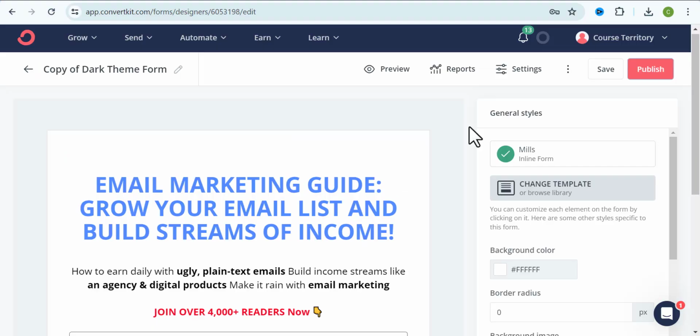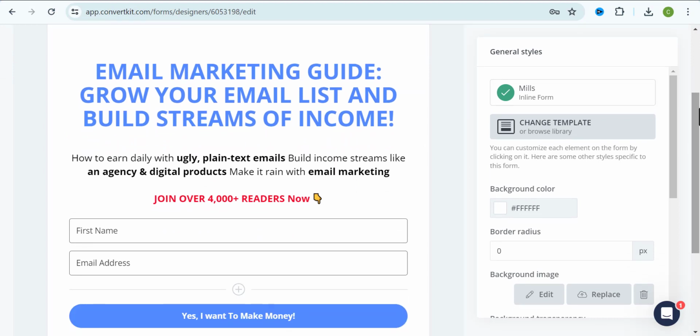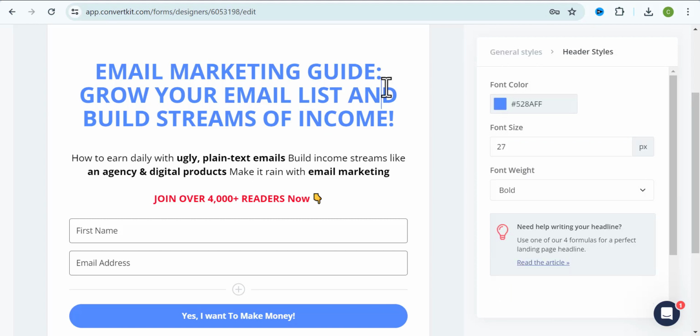Now to do this, I have also created my own free opt-in page using ConvertKit. ConvertKit is the email marketing software that I am making use of. Any other email marketing software of your choice can help you create a simple opt-in page, and mostly all for free. You don't have to pay money to create an opt-in page. This one here is a free one, and you can see how easy and simple it is to create. Now that you see what my opt-in page looks like, simple and straightforward, I'm telling them to provide me with their email address in exchange for a free email marketing course.